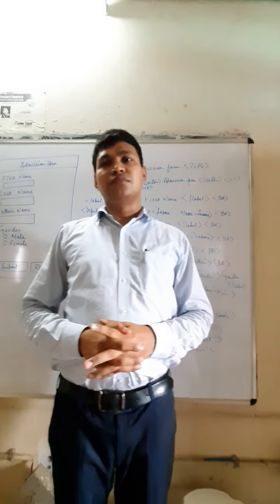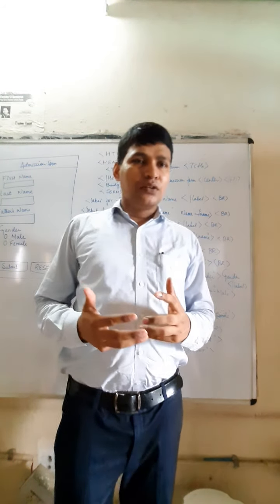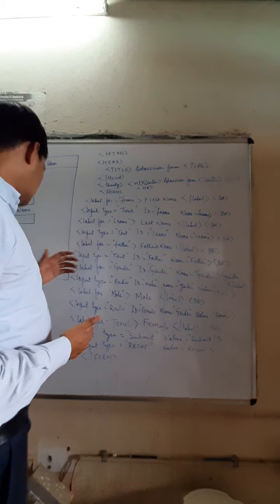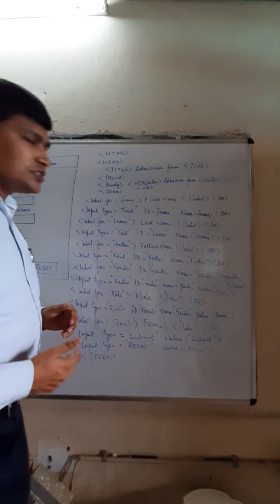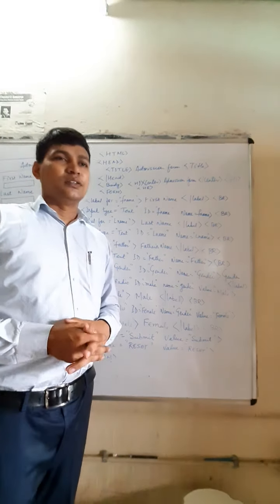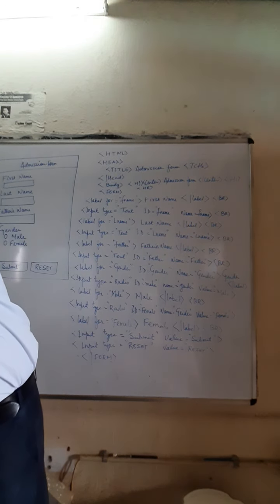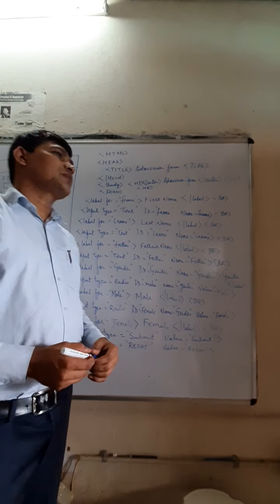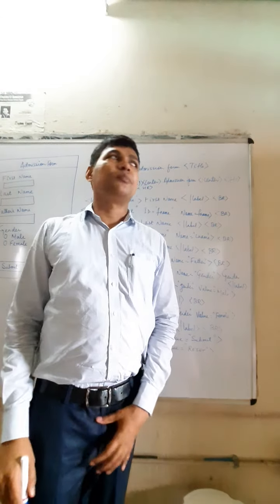Today in my video I am going to discuss the use of these 3 things. You can see them here. First I am going to input the first name, then the last name, then the father's name, then define the gender. If you are defining the gender, then you have to use the option button, because there must be a gender. Without the option button it is not possible. So students, today I am going to discuss the option button, that is also called the radio button.